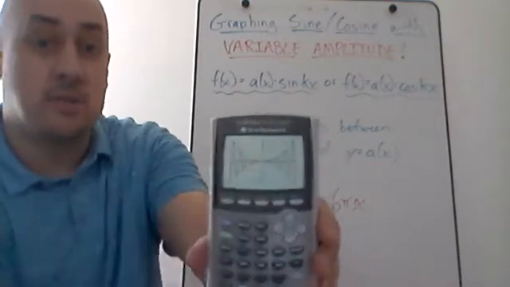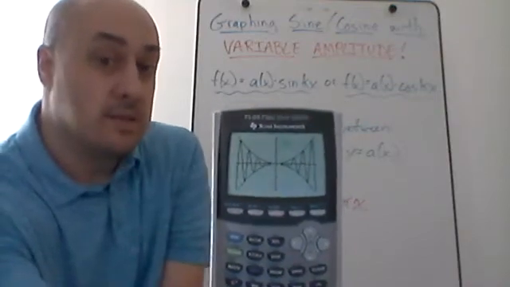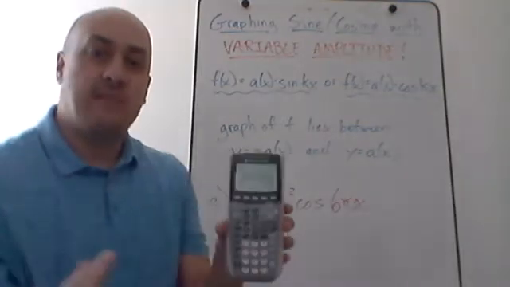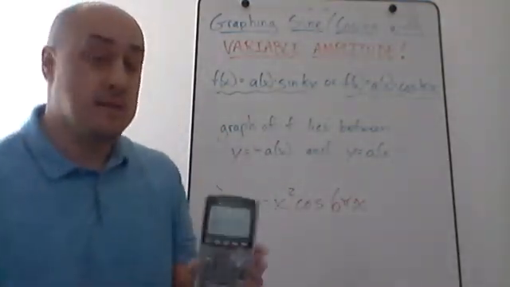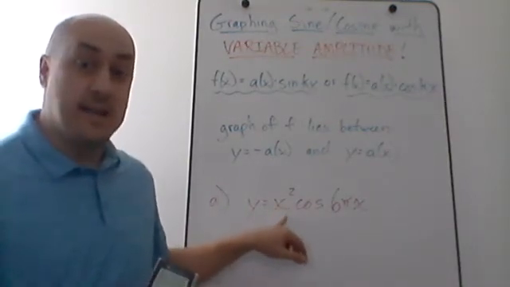And then on the other side, doing the same thing. Right, so that's what we call variable amplitude for the sine and cosine functions. So it's still in the shape of a wave, but it's not a wave that has the same height every time. The amplitude, the height of the wave, varies because what I have in front multiplying that cosine function is not a constant,